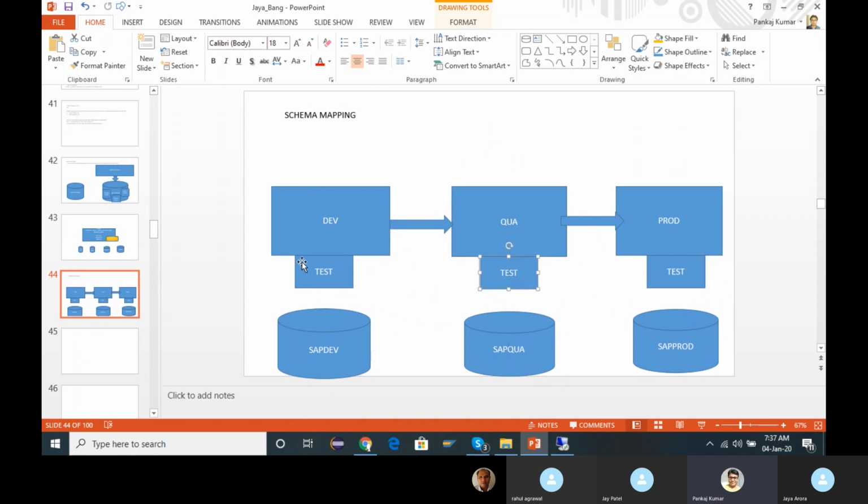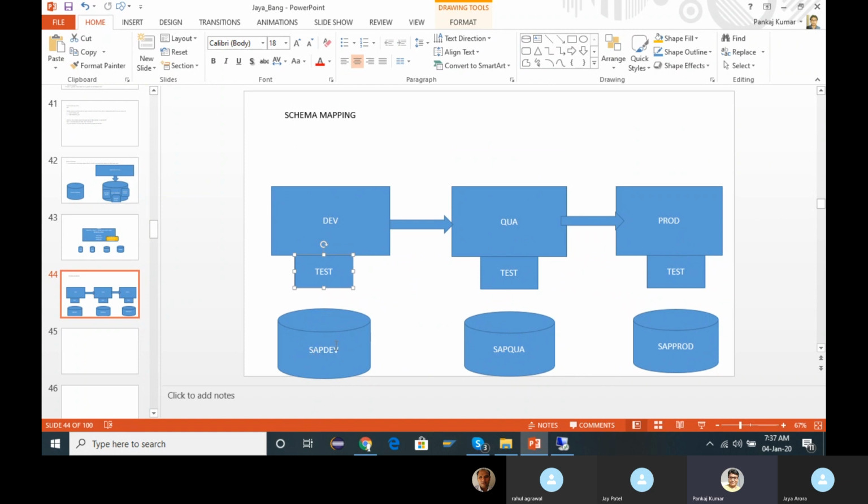So your SAP development system, SAP quality and SAP production are all connected through this test. This alias test is nothing but the representation of your schema.